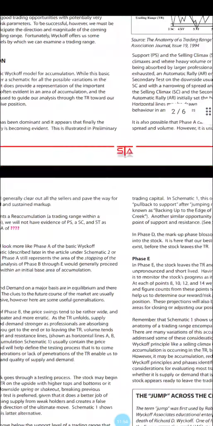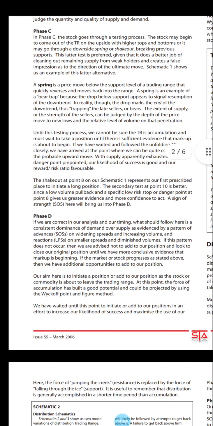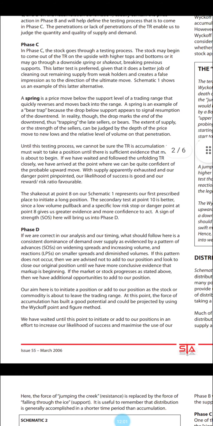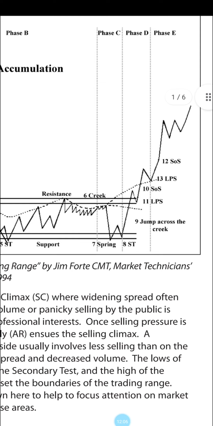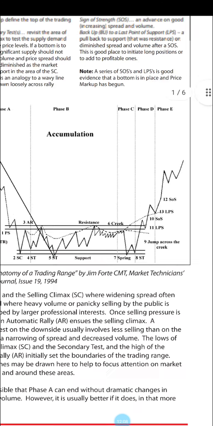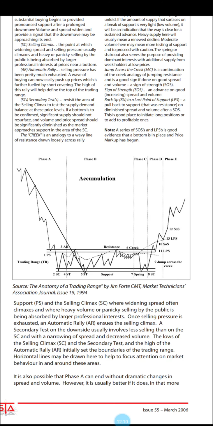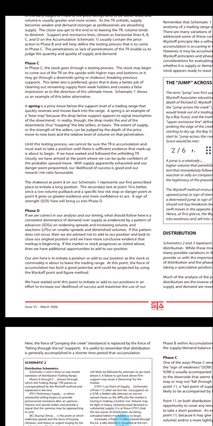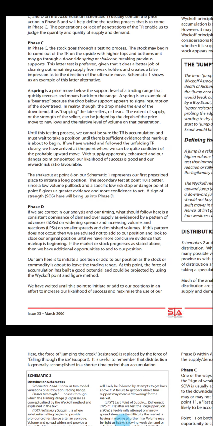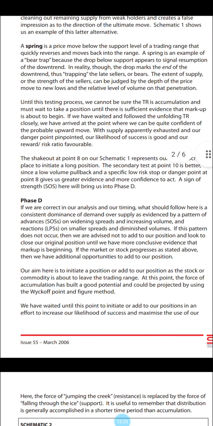So it says we have number, I want to make sure we have this when we go through it. We have number 10 and number 8. So we've got the breakout at number 8 and number 10. Alright, so if we are correct in our analysis, what should follow is consistent dominance of demand over